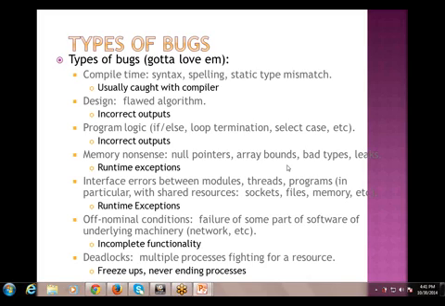Next type of error is the memory nonsense error. Memory nonsense error is that I'm using the wrong output or the wrong input. The best example is that I'm using null pointers, array bounds. Array bounds means the array is bounded, that is if I'm using 5, then I'm accessing the value of the 6. That is the array bound. Null pointers,